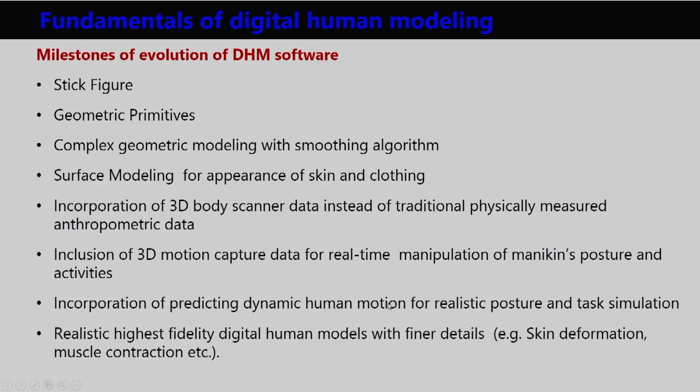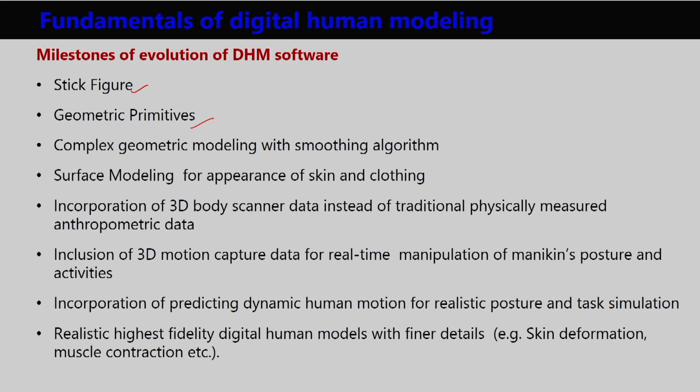Now, let us look at the evolution of digital human modeling software, how it started, how it gradually evolved over the years, and what the current status is. Initially digital human models were stick figure like, then geometric primitives came, and digital human models took a robot like appearance, using primitive geometric shapes like sphere, cuboid, cylinder. Then complex geometric modeling with smoothing algorithms came, and the features of digital human modeling also improved. It came like a human model with